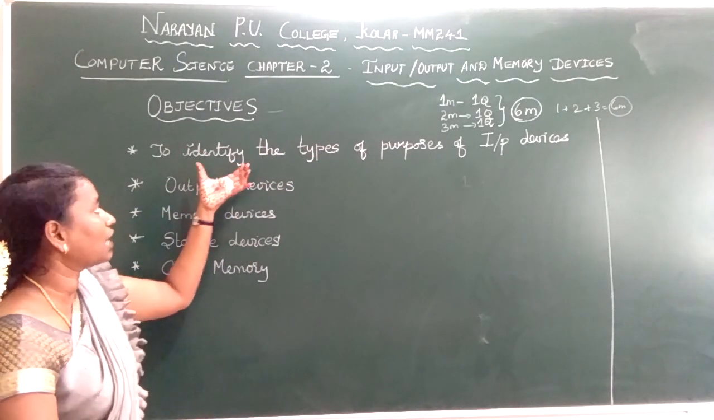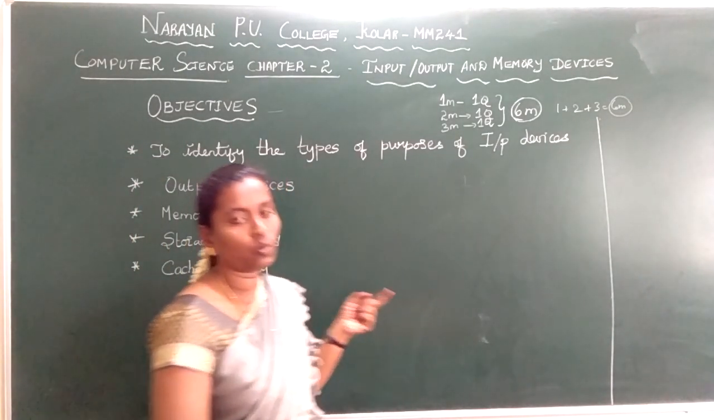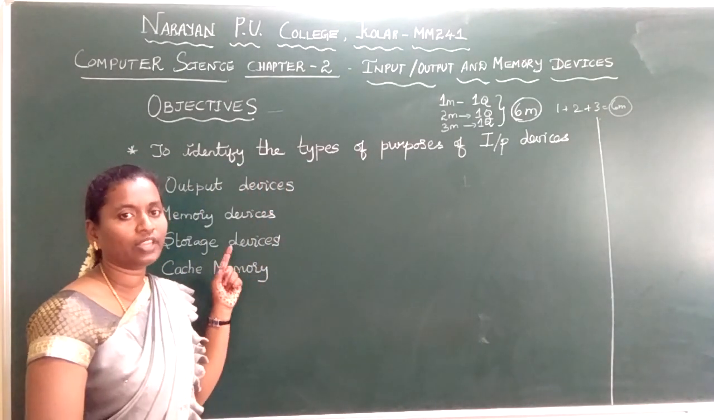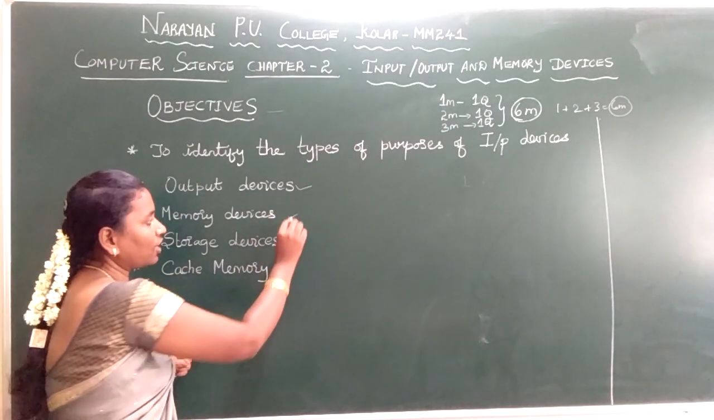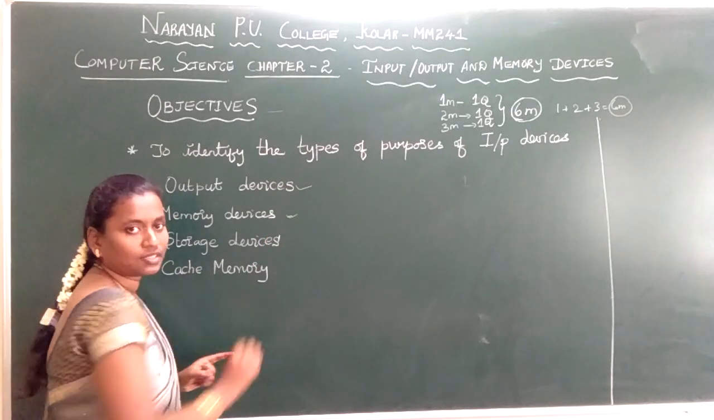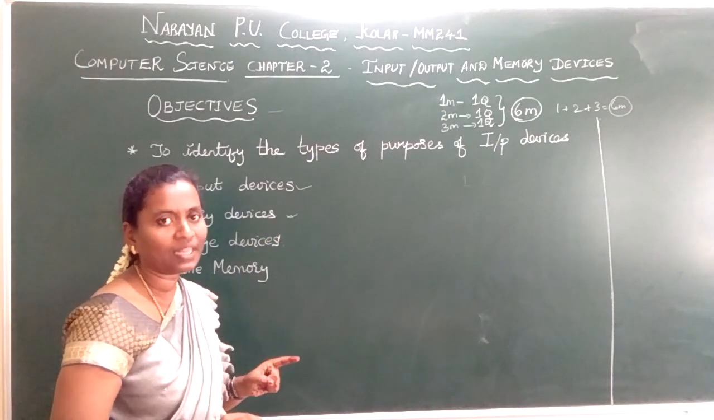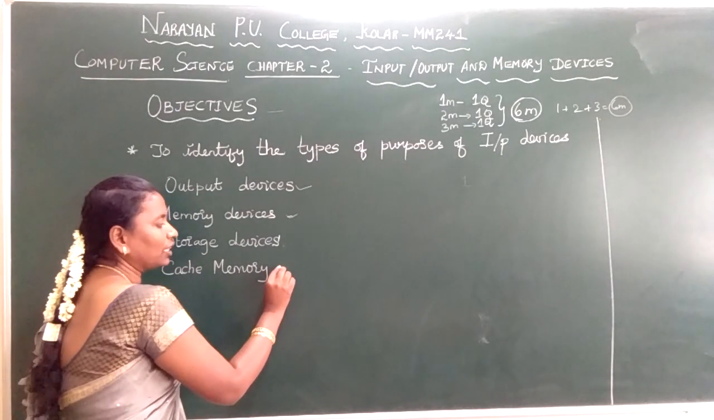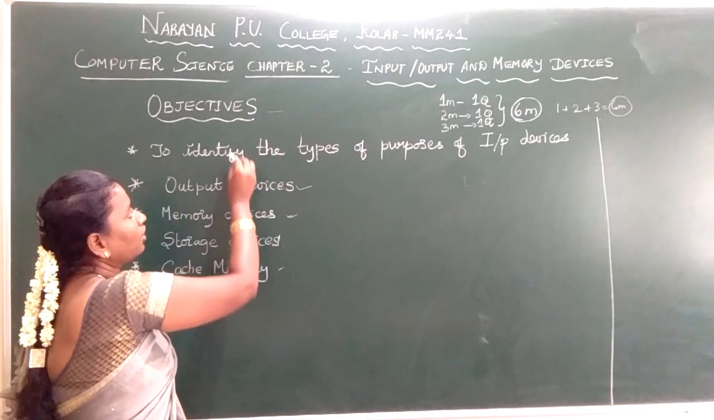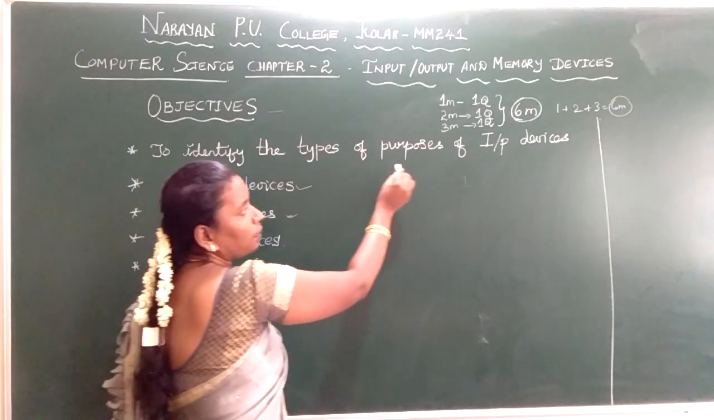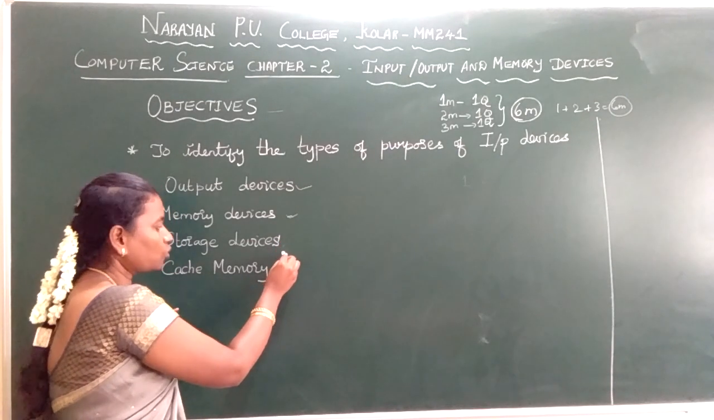We have the objectives as to identify the types and purpose of input devices. So what is the purpose and the types of input devices, output devices, memory devices. Memory devices and storage devices are nothing but the same. But in memory devices, we will see in depth the primary memory, secondary memory, as well as cache memory. The types of cache memory we will discuss. So the objectives are to identify the types and purpose of the input devices, output devices, memory devices, storage devices,